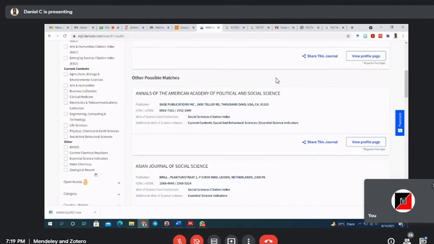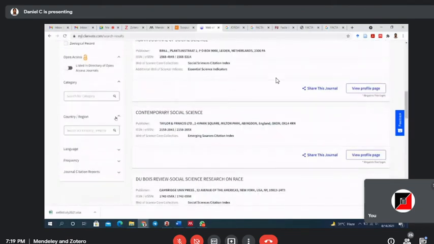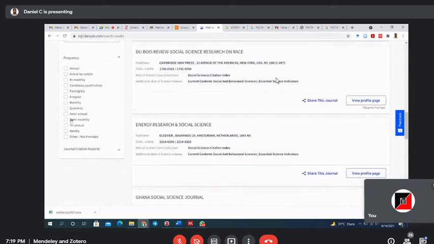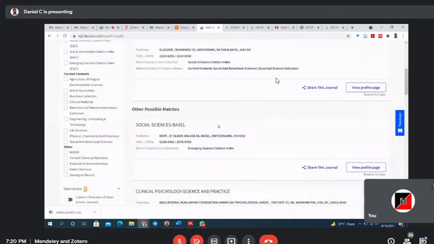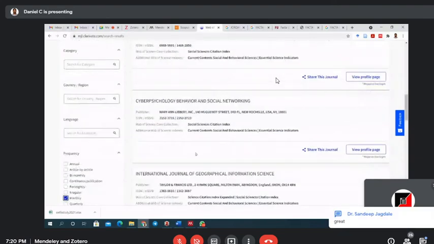Then if you want to select journals where it is open access or not, you can click this option. The category you can select, and the region, and the language, the frequency. Some journals publish only every year. If you want your articles to be published, in that case it will take a little more time. So it depends how you are selecting. If it is monthly, if your article is accepted monthly, you can find very few journals. Only two, three journals were there.